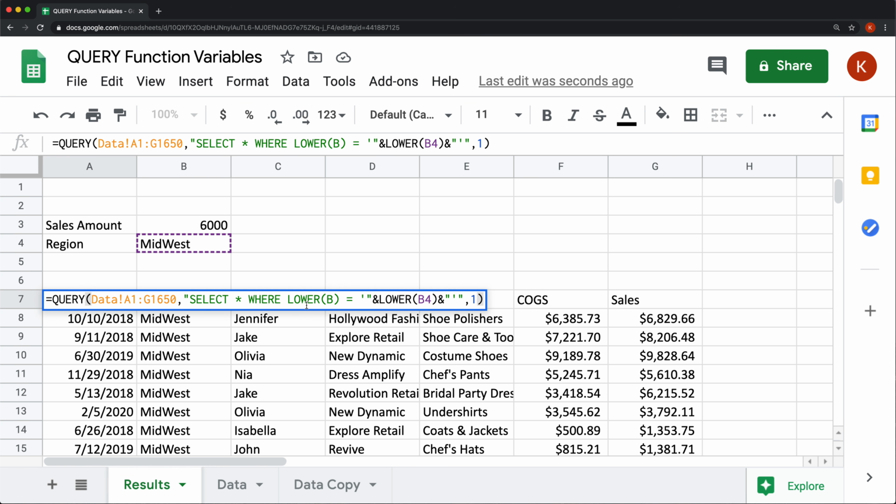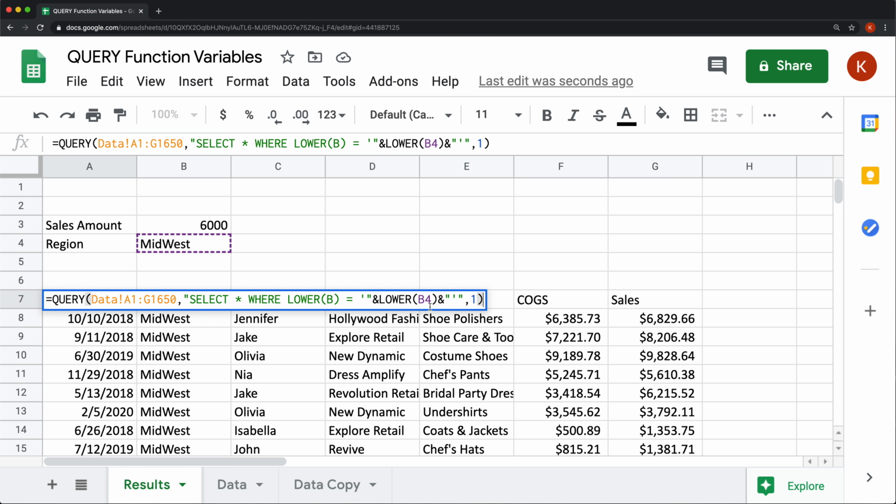That would be sometimes more elegant if you only have one variable per statement, because sometimes you could have multiple variables per statement where you could potentially have this Midwest and then sales amount in the same statement. So you could just do another and say G is greater than that B4 or B3 cell, which is, again, you're going to just build it with concatenation just by adding different parts. But